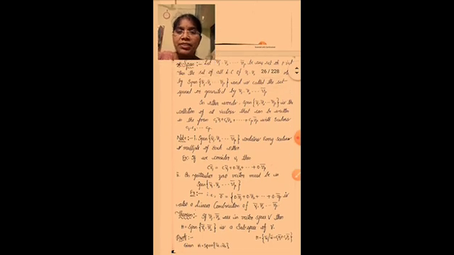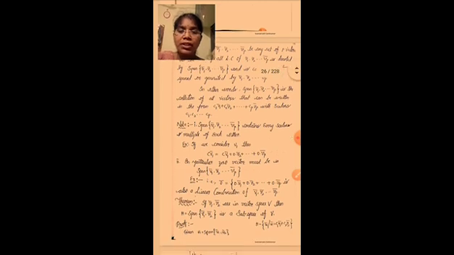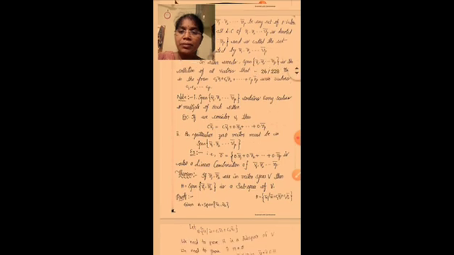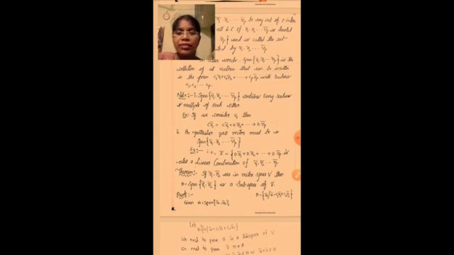Okay. In other words, span of v1 bar, v2 bar, dash dash dash, vp bar is the collection of all vectors that can be written in the form c1 v1 bar plus c2 v2 bar plus and so on up to cp vp bar, with scalars c1, c2, dash dash dash, cp. Okay, so note here, first one, span of v1 bar, v2 bar, dash dash dash, vp bar